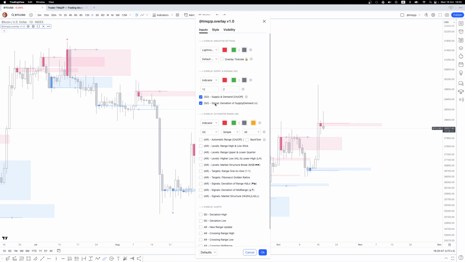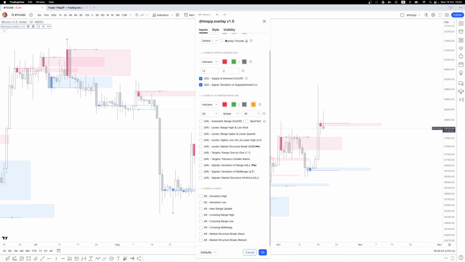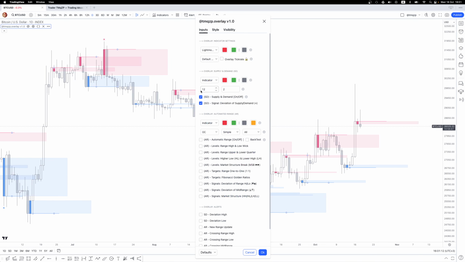Let's see, anything else that I need to cover? Yeah, at the bottom, just like all the other indicators in the previous videos, there are the alerts, and you have your supply and demand deviation high-low alerts. So if you want alerts for this signal, you can use these two and create your alerts. Let's put this at 1 because it's the default. Let's turn the opacity down a little bit so they're not too annoying. Deactivate them for now, and